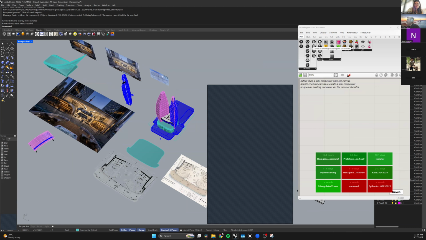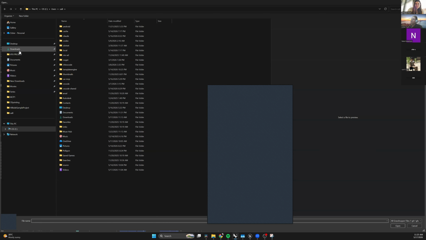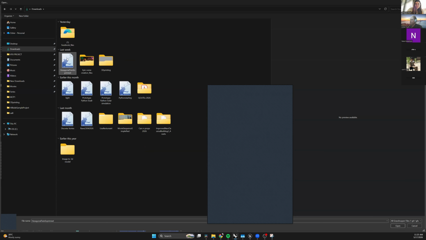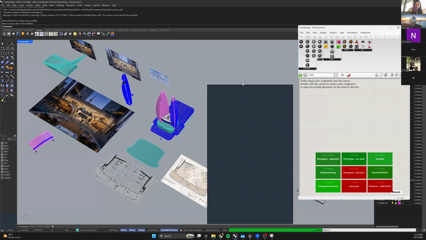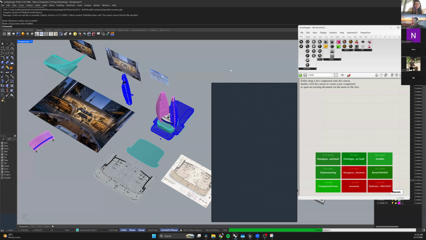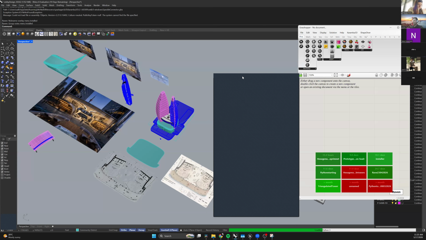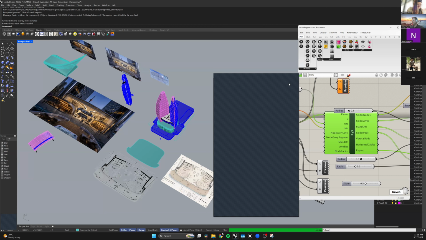So I'm gonna open my script right now. I'm gonna go into downloads, and I have my own script, like for my own towers, right? The magic here, it's gonna take a moment to open up because it is quite heavy. But the magic here is how you go either with Claude or with ChatGPT. You type in English, plain English, and you get a cohesive